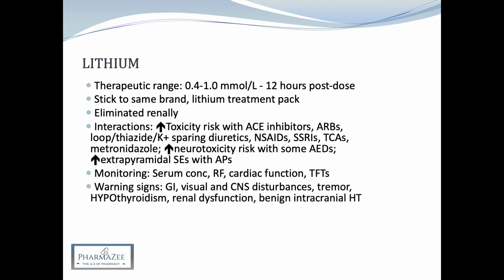And warning signs of toxicity include GI disturbances such as vomiting and diarrhea, visual disturbances including blurred vision, CNS disturbances including confusion and drowsiness, tremor, which starts off as a fine tremor and increases to a coarse tremor, and muscle weakness,